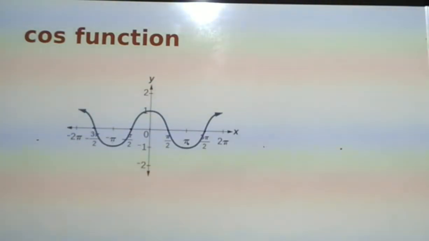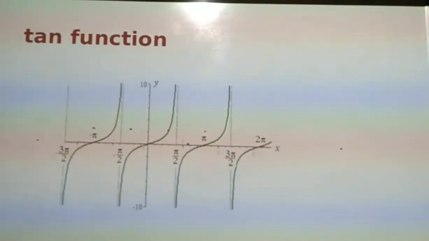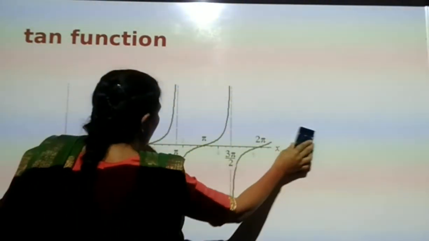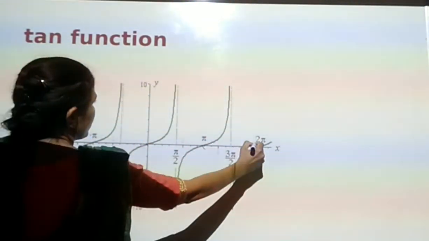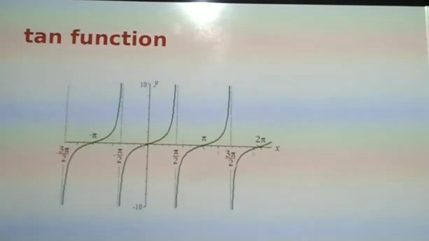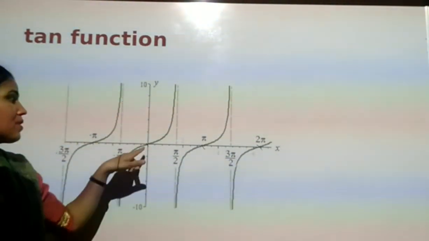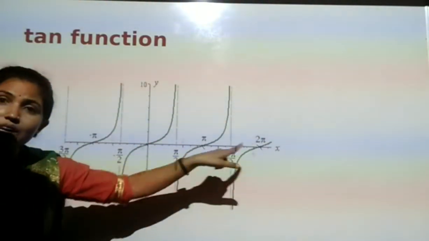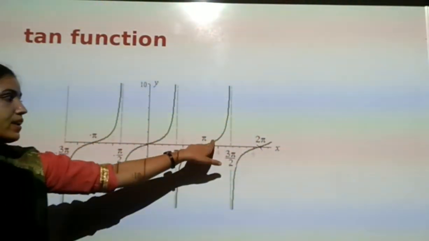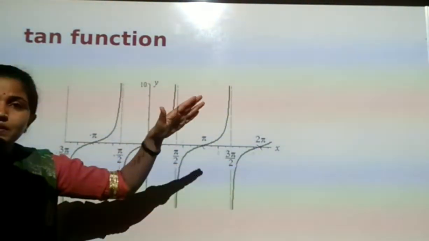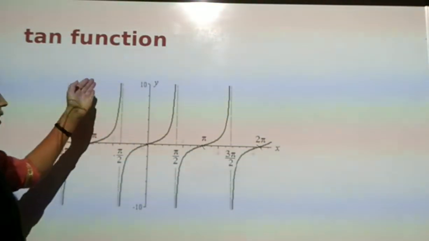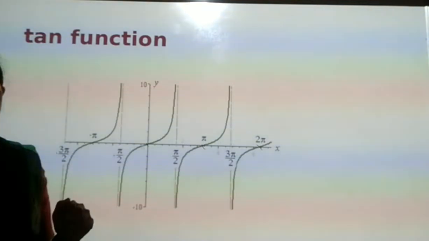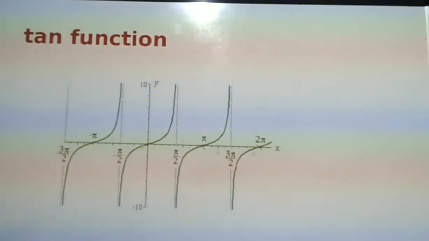Similarly, let me check the graph of the tan function. Is it 1-1? Yes students, you know from the graph that it is not 1-1 because you can find the zeros. Actually there are so many other angles too: for 0 you will get the same value, and for 30 degrees as well. Pi plus 30, all these values are the same. So there are so many points in the domain where the image is the same. Therefore this is not 1-1.